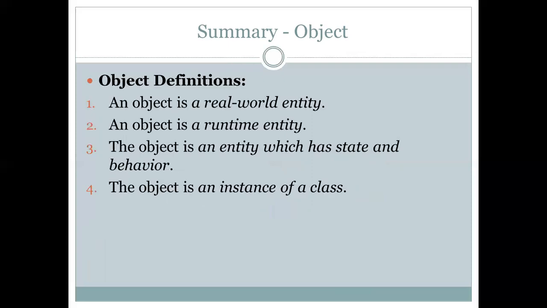Now to go another step further, let me summarize what an object is. We saw in detail about an object. Let's try to define an object in different ways. The first one is an object is a real world entity. Second, an object is a runtime entity. The third one is an object is an entity which has two characteristics, state and behavior. And finally, I define an object as an instance of a class,